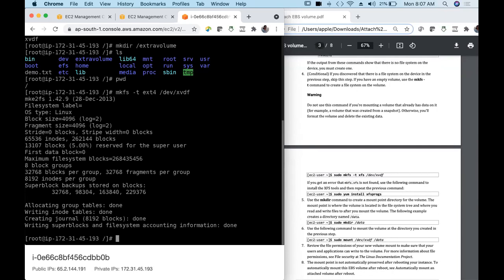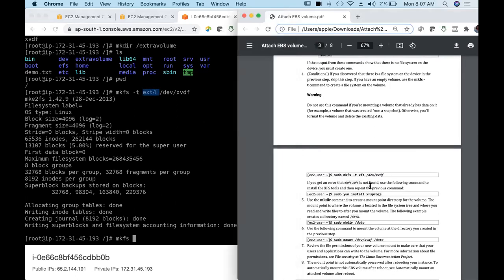Make file system XFS. So here they are using a different file system, guys. Try this. If you're getting an error, then try with ext4. I am using ext4, and the document which I have shared is using XFS as the file system.